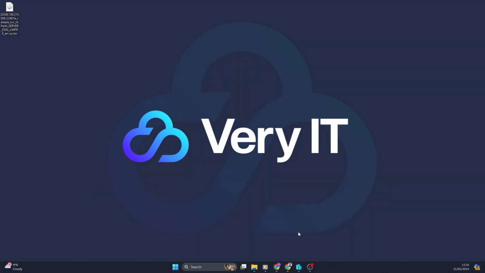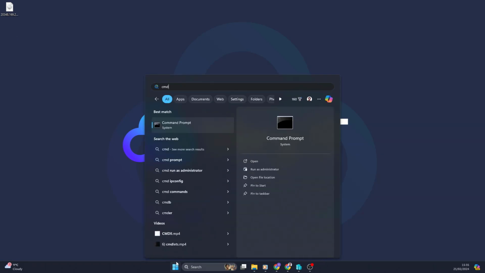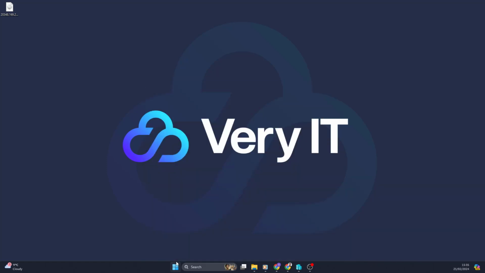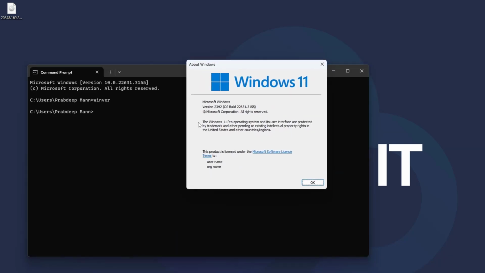Now, to check the version of Windows that you've got, what you need to do is navigate to the bottom left-hand corner and search for CMD, which is your command prompt. When you do so, you should then be able to search for a command. You'll just drag over on my other screen, and it's called WinVer. That is going to display the Windows version that you currently got. Now, mine has the Windows 11 Professional version, which meets the minimum requirements for me to be able